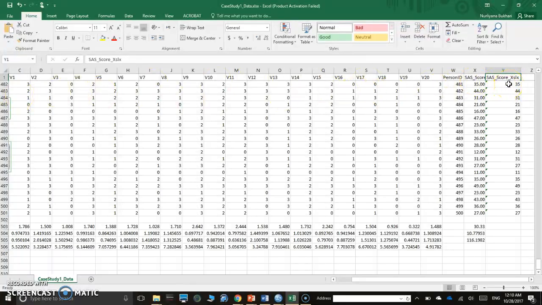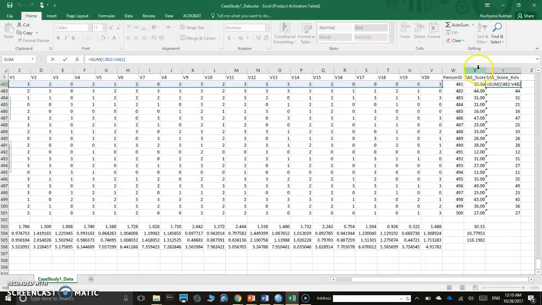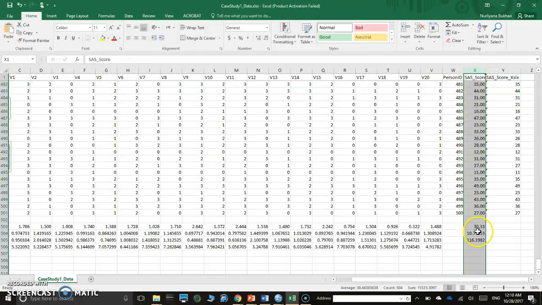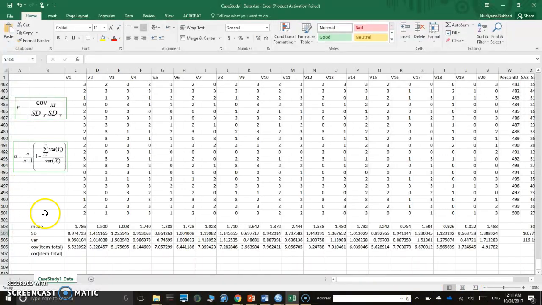Basically, we just want to confirm the calculation to compare with the one that we did in SPSS here, and basically they are exactly the same. Okay, so next what we did was